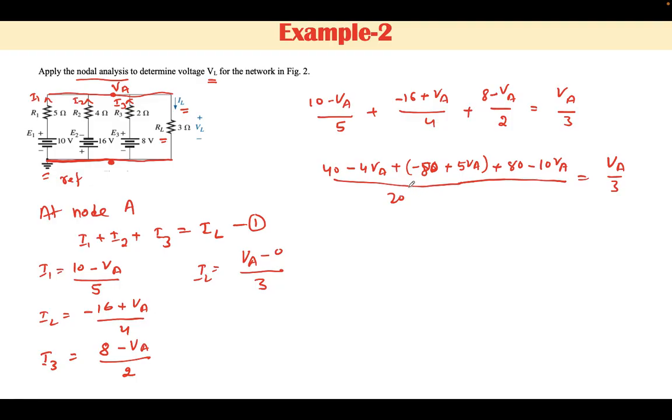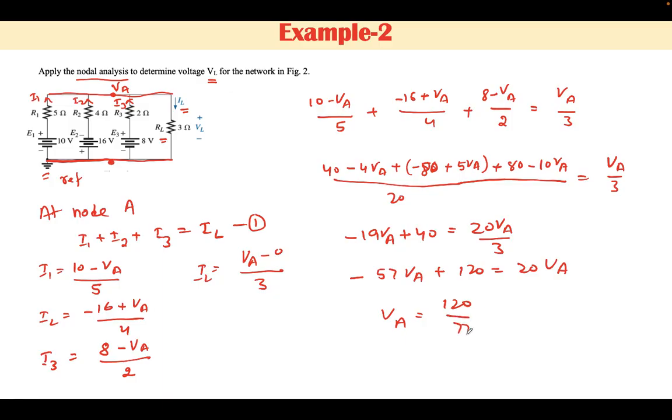Then further simplifying this network will give minus of 19 VA plus 40 is equal to 20 VA by 3, and this will be minus of 57 VA plus 120 is equal to 20 VA, and on simplification VA is equal to 120 divided by 77